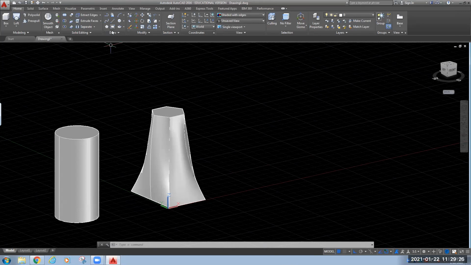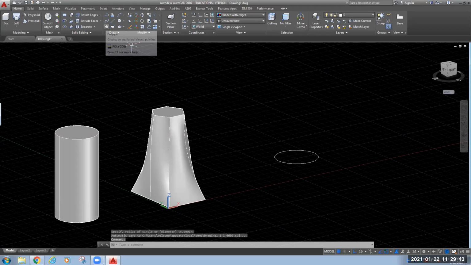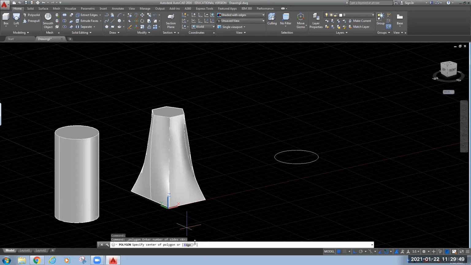So now you can keep this circle at the bottom. Let's keep the radius as 5, no issue. Now in between I am taking one hexagon. This time let's keep it, oh, by default it is 6. So let's keep it as 6.